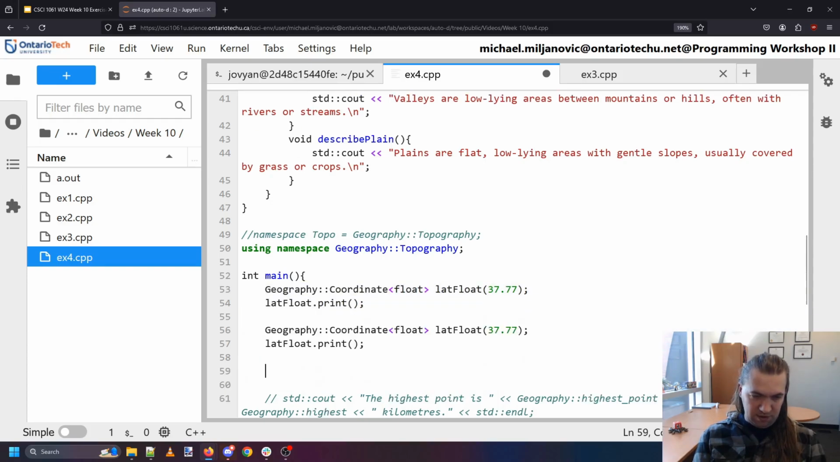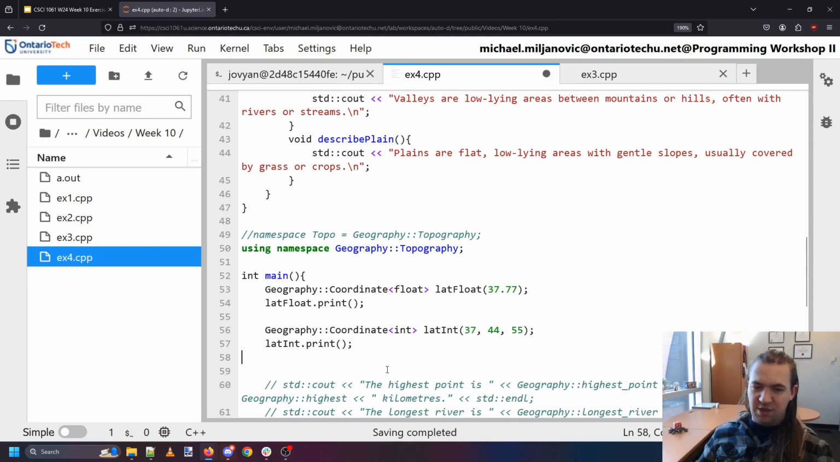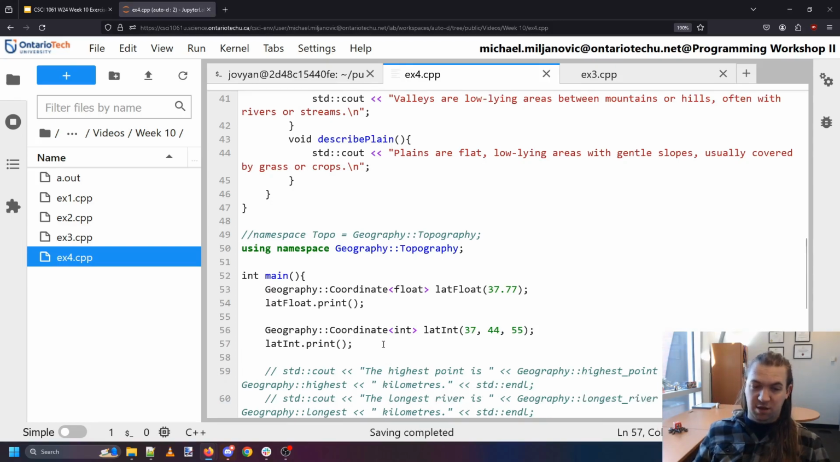And then I'll do it the second time, but this time let's do longLatInt instead of latFloat. And now I have to give it 3 numbers. And now the nice thing is I only had to make one class. I have a single coordinate class, but I can have 2 different constructors for it that will now treat things in 2 different ways. And when we run this,